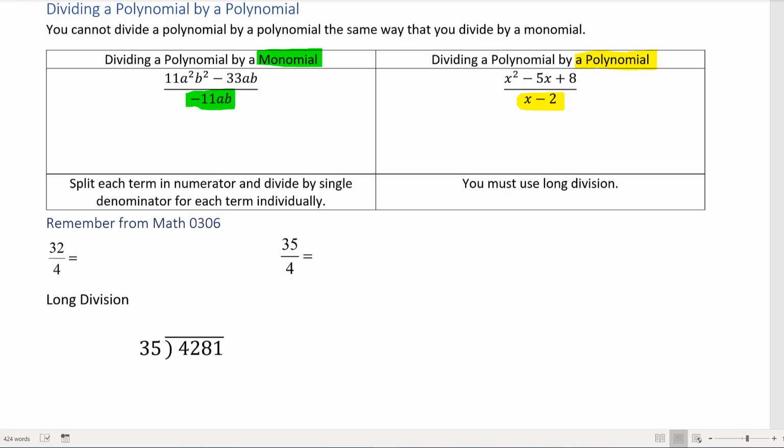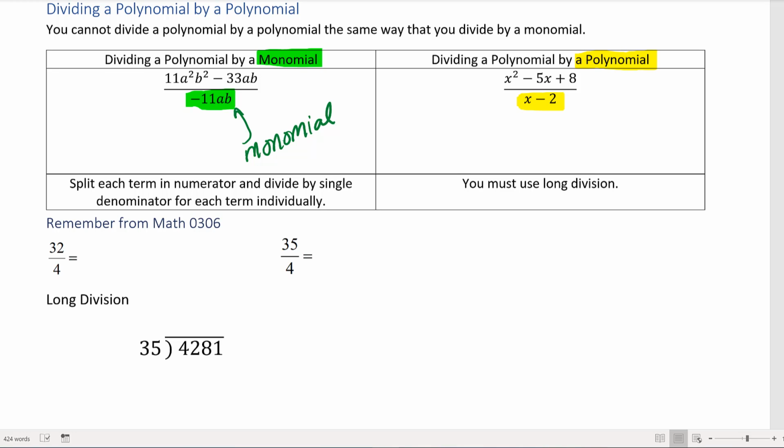Do you see in the bottom of the yellow highlighted denominator we have x minus 2. X minus 2, because there's two terms, the x is a term and the 2 is a term being split by a plus or minus sign, that means it's a polynomial and you cannot do it the same way. Okay? So when you're dividing by a monomial,